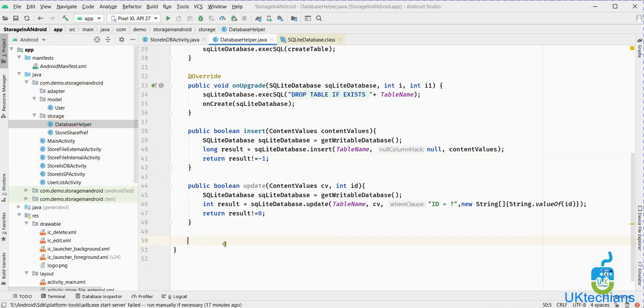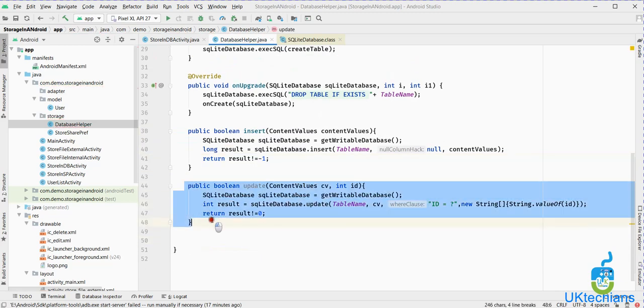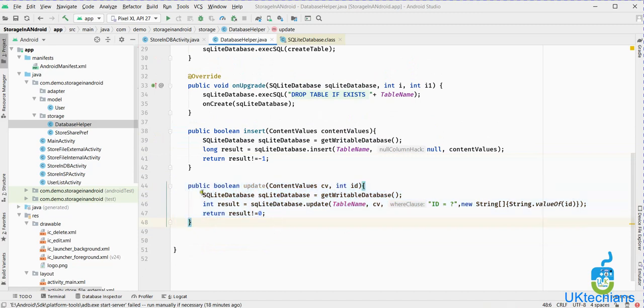So this is the function of update, to update a single record, right? What we have done here: we initialize a get writable database and then an integer to return the value, whether the record is updated or not. So we use SQLite database dot update.